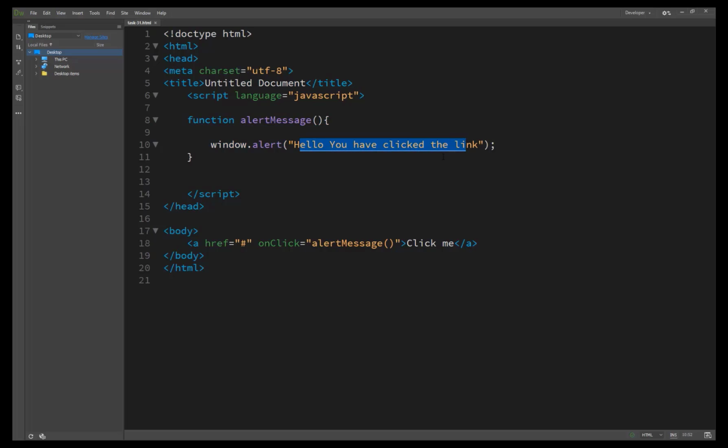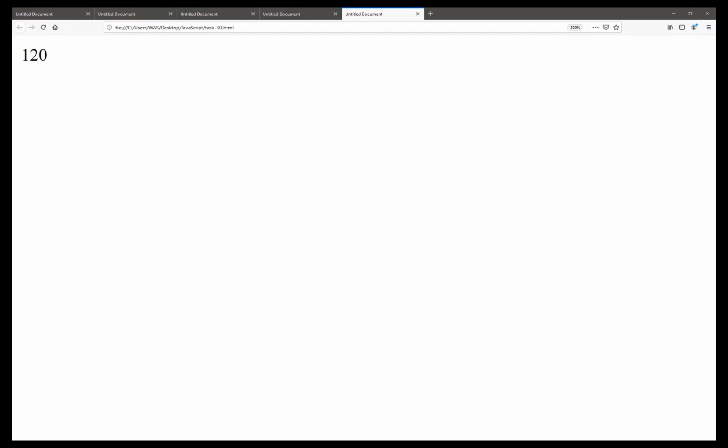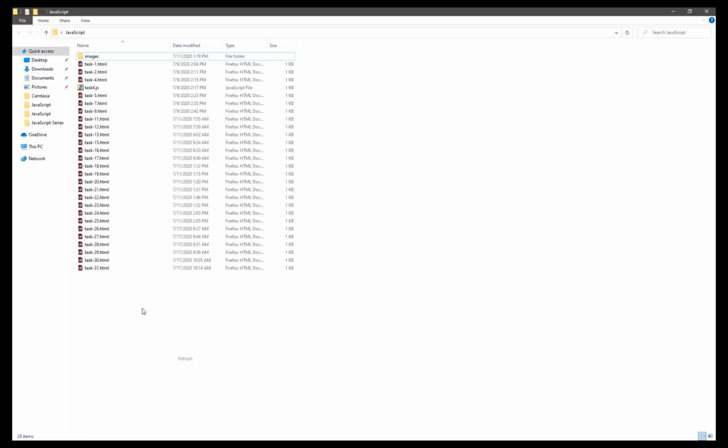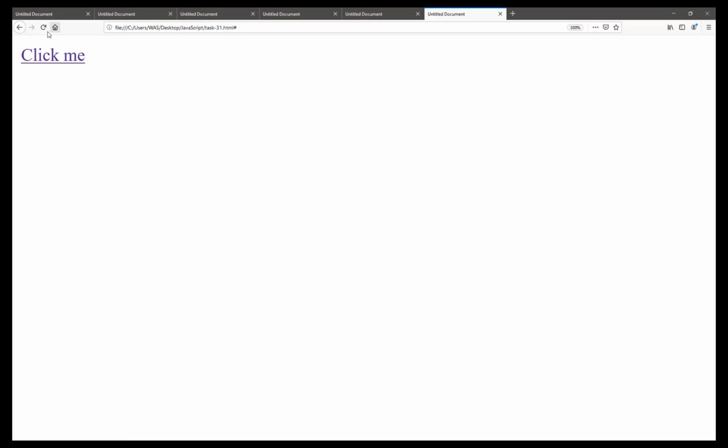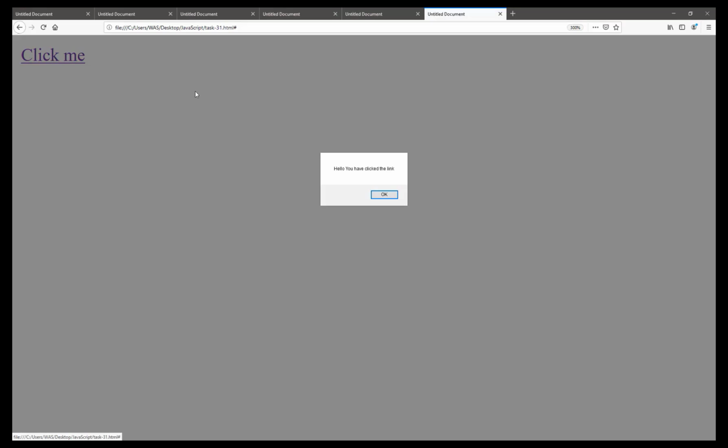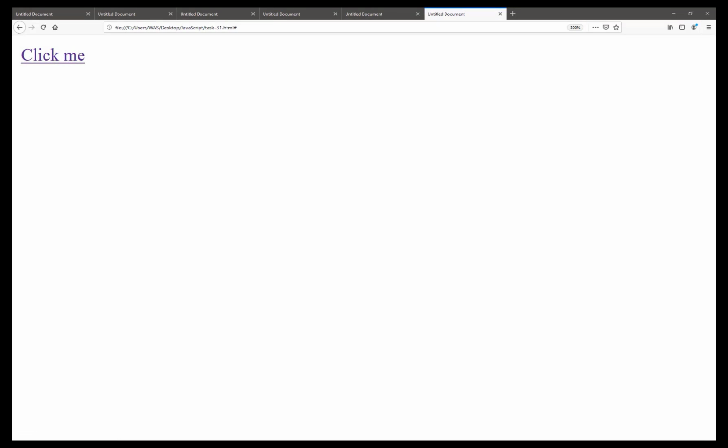Hello, you have clicked on this link. So we go here and open our task, and here is Click me. When we click here, the message shows: Hello, you have clicked the link. So this is the basic method of JavaScript by using an anchor tag.